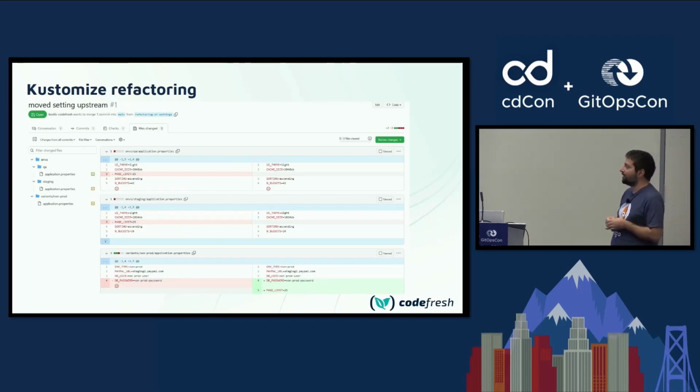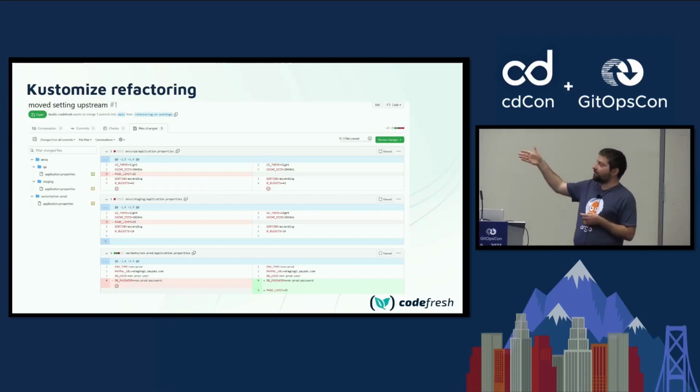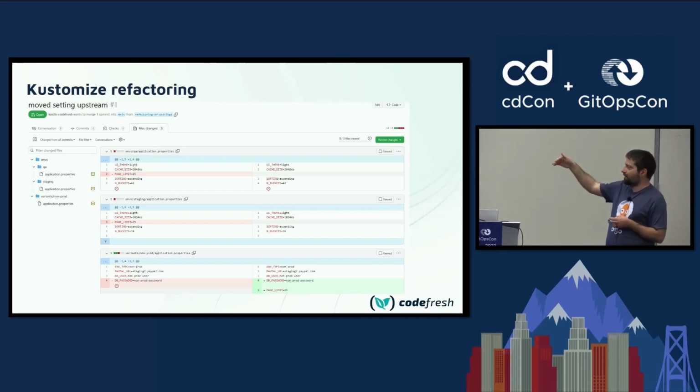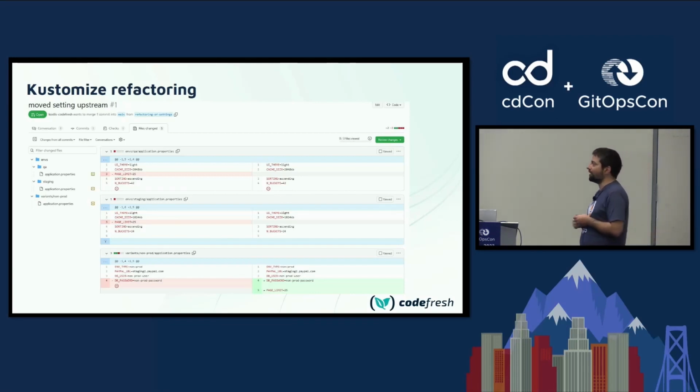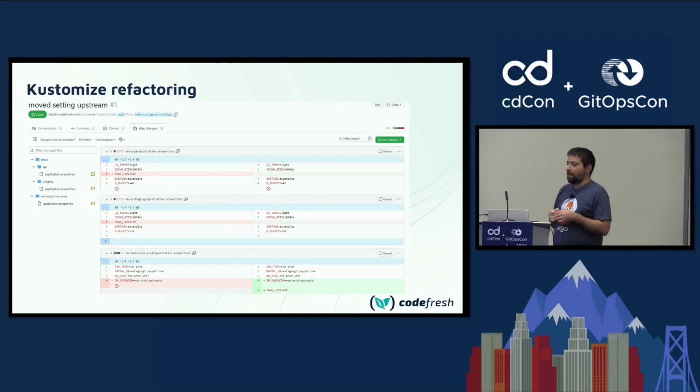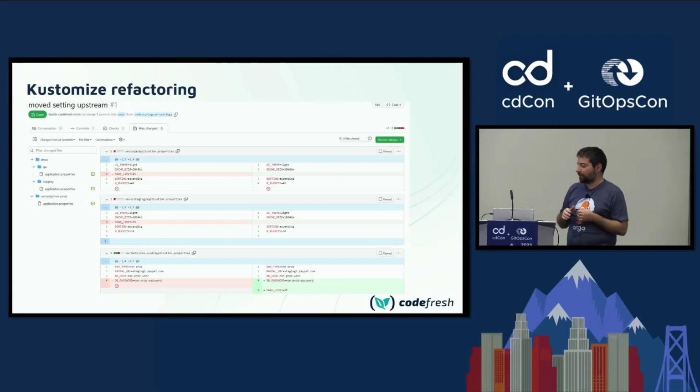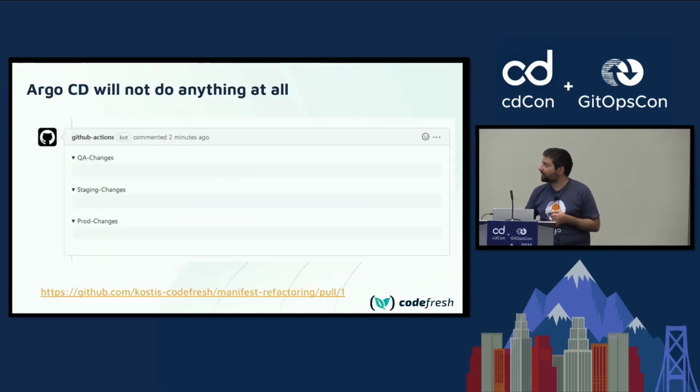presentation in mind. So this is the plain diff that the Git provider will show to you. And you can see the changes are not really important, but you can see a change is removed from 2 environments, and then you add another change in the base overlay. So you look at this change and you say, oh, this is touching 3 environments. It's super risky. I'm not going to do anything. Forget about it. But if you adopt the approach I'm talking about, creating a smart diff, this is what you